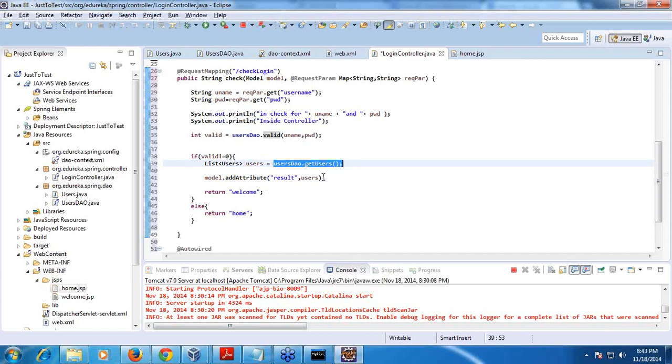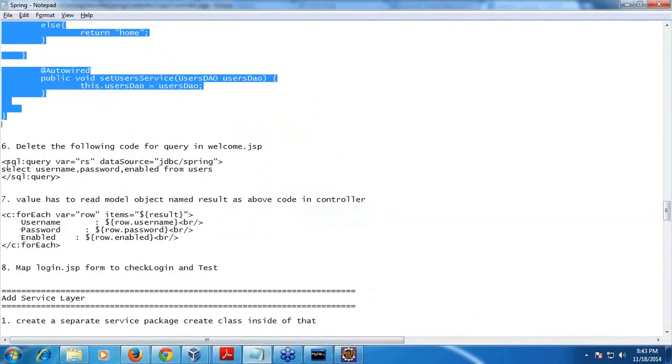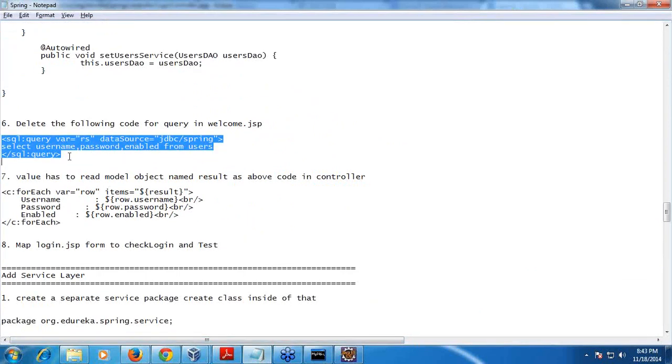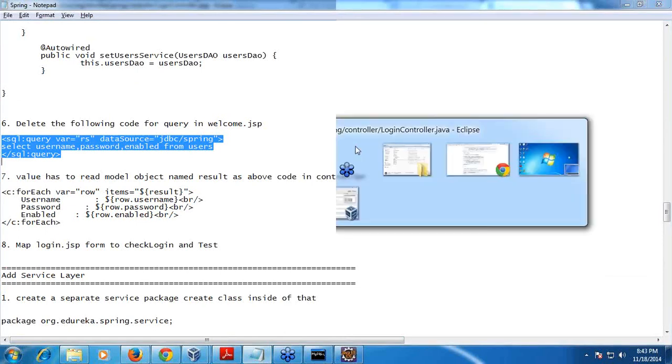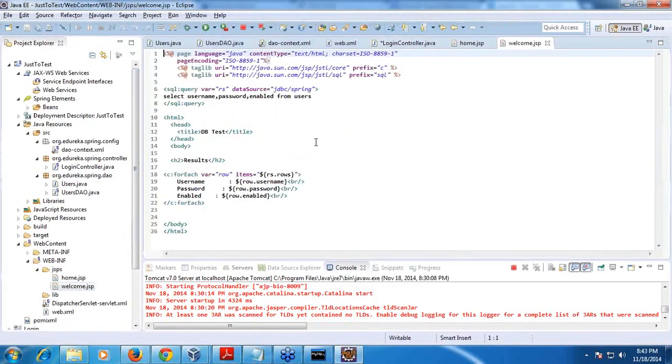I am calling the DAO class method itself here. So once I do that, I don't have to write this query in my JSP page. I will just come to welcome.jsp and delete this query.